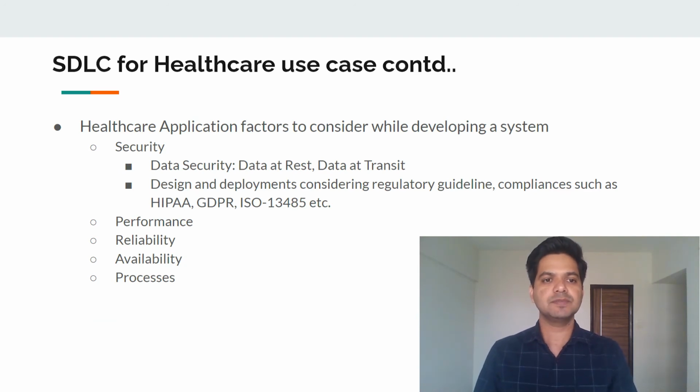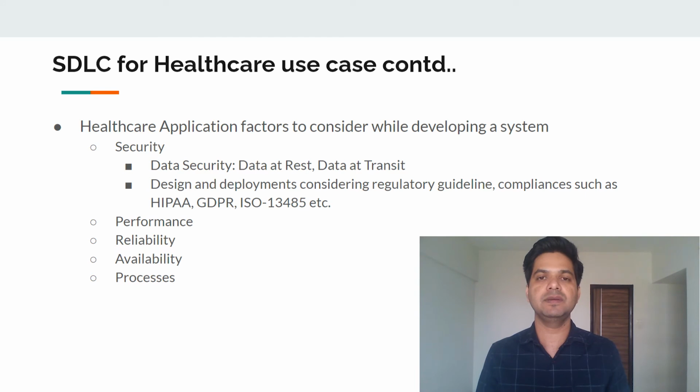Now, when it comes to healthcare applications, these are some additional factors that we definitely need to consider while developing a healthcare solution. One of the important, or the first important aspect is security, where we need to make sure that data security has been considered while building an application. For example, the earlier use case that I was talking about, where we wanted to build an application where we will be collecting the data of patients, their medically labeled data, and in that case their PII information will be there.